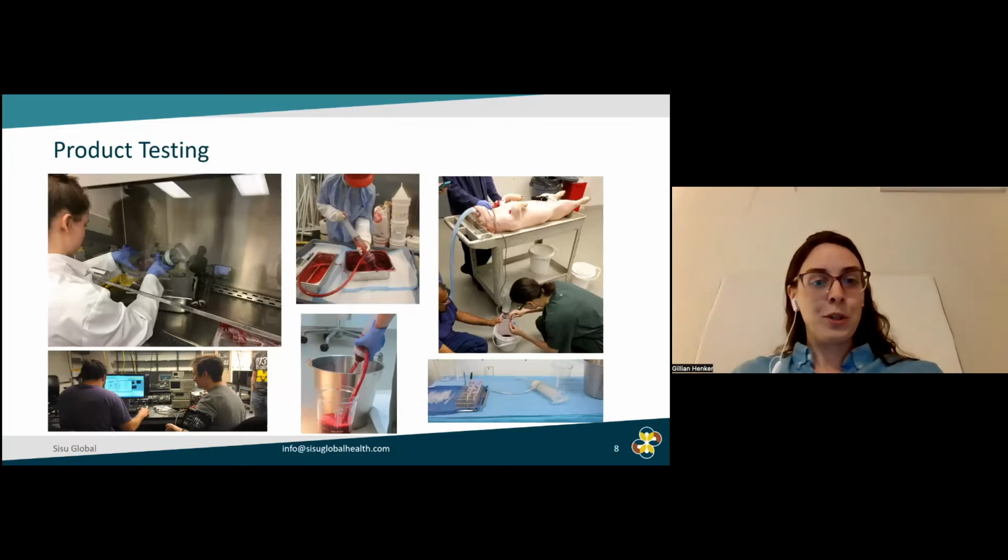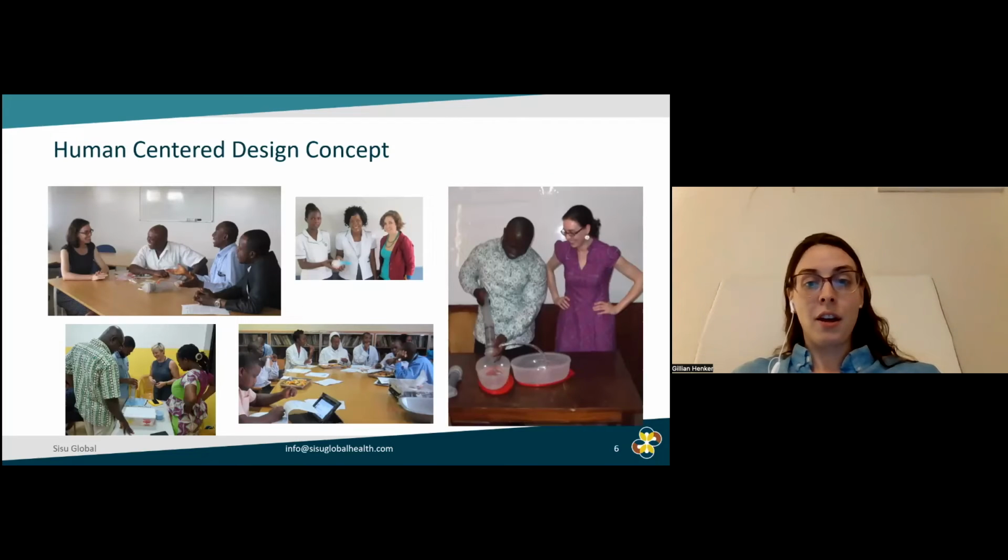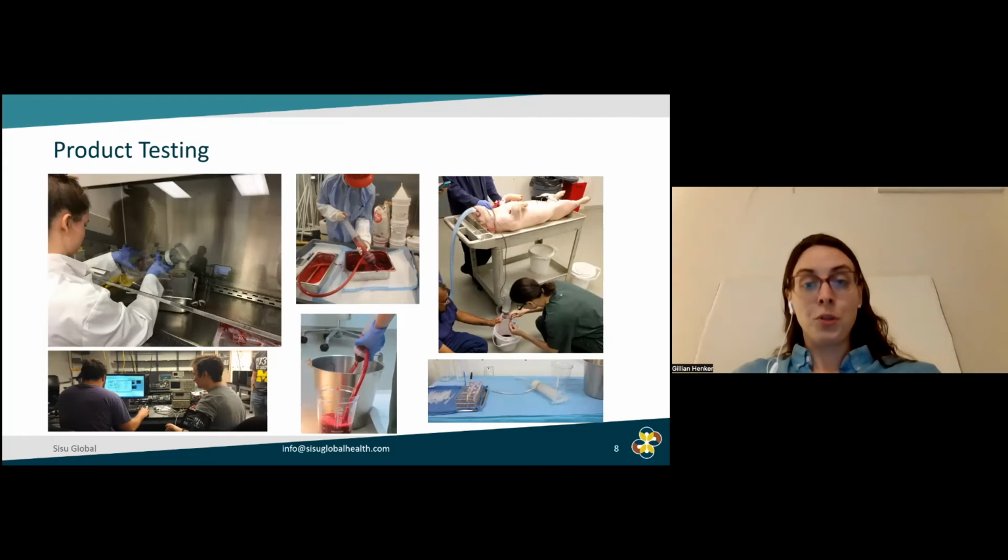Here we're doing some pressure testing with sensors. We're doing pig's blood testing to look again at hemolysis and quality of the blood. And then under the hood, there we're actually doing our comparison testing to a US predicate device. Here again, we went back and talked to users iteratively as we made changes to the device. But also, we have to meet certain standards as a medical device to make sure that we can get through